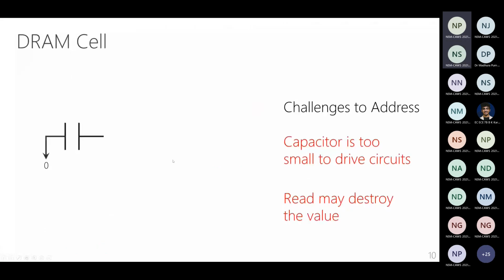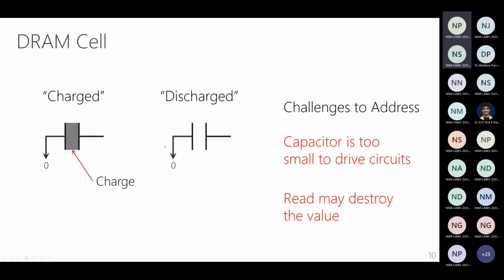But a DRAM cell, as we probably already know, is designed using capacitors. A capacitor is a device that can store some amount of charge. So here, I can maintain it in two states. It can either be in the charge state, or it can be in the discharge state. And I can call the charge state a 1, and the discharge state a 0. While this is a nice device that can maintain these two states, which I can use to store a single bit,